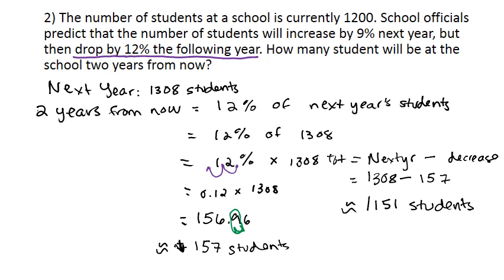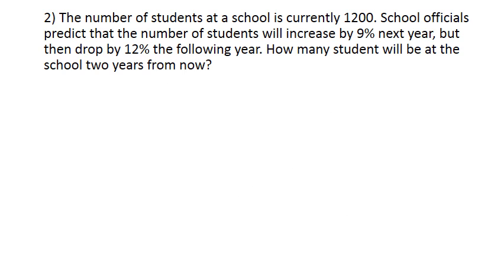Now, there is another way to do it. Actually, there's 2 more ways to do it. Let's take a look at another way, which you might prefer. Okay, so it says that the number of students next year will increase by 9%. And what that means is that